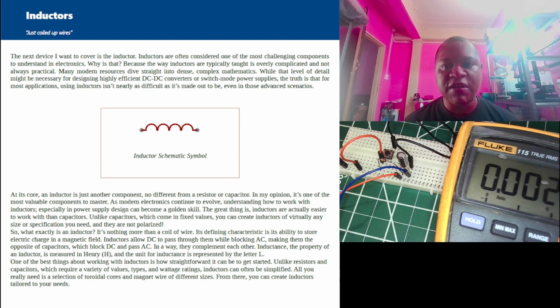The reason why inductors get a bad reputation is because they're usually thought of in terms of overcomplicated mathematics and not from a practical standpoint. Now, many modern resources dive straight into dense, complex maths. That level of detail is necessary when you start to design highly efficient DC to DC converters, or when you start doing very powerful switch mode power supplies. We will cover those in this series. But for this basic electronics and embedded systems level we are at now,